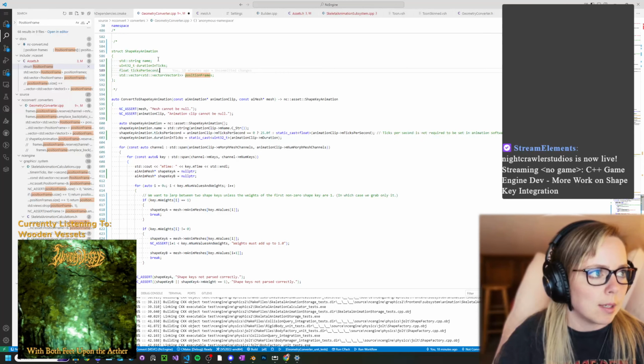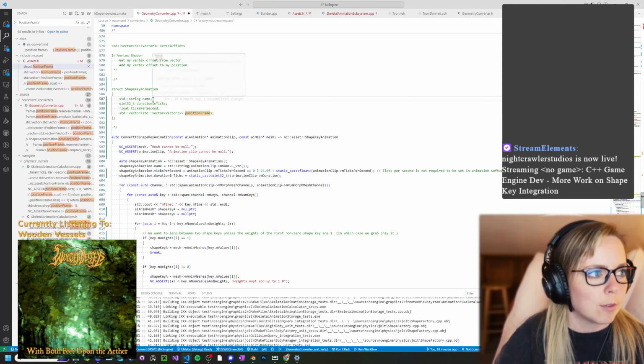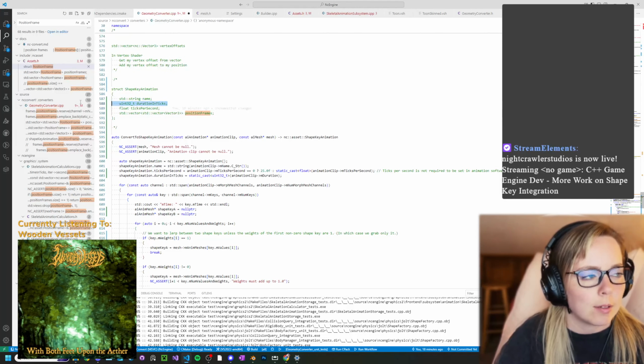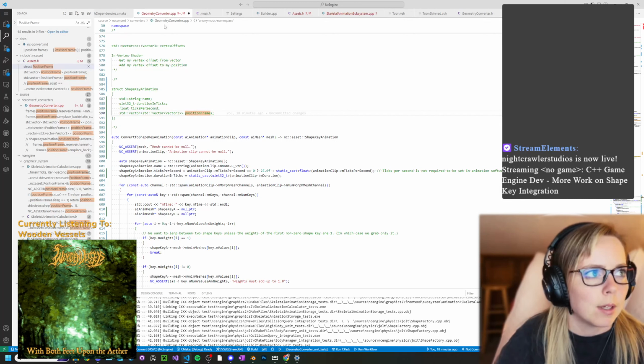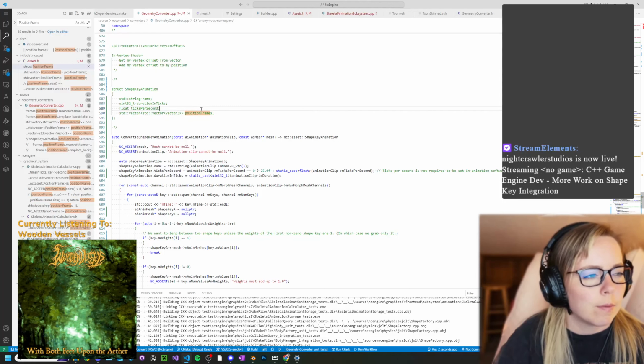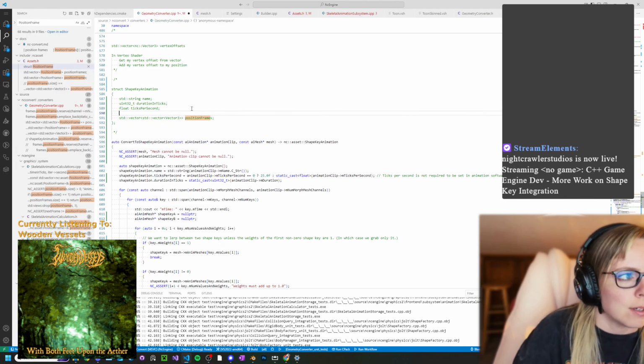So I was thinking for skeletal animation we needed a name, of course, a name of the animation clip, duration in ticks per second, and then essentially a vector of what I called position frame, rotation frame, and scale frame, each of those just having a timestamp in ticks, and then a vector. But for this case, I don't think I need timestamp in ticks. I think if I just capture